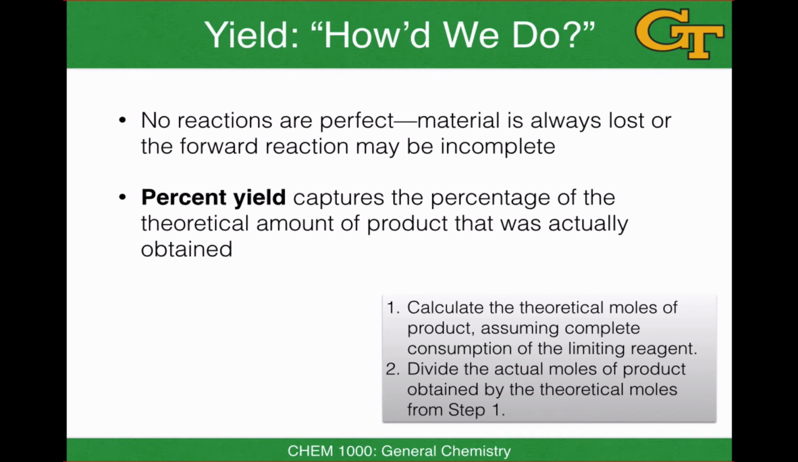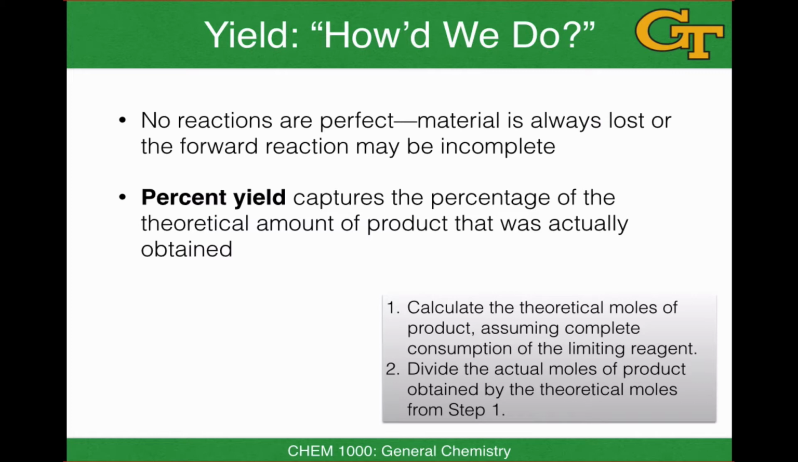Earlier, we briefly touched on the idea that calculating the theoretical amount of product we should expect helps us evaluate the quality of the chemical reaction that we've carried out. No chemical reaction is perfect. Material is always lost in some way, shape, or form, or in some way, shape, or form, impurities are introduced